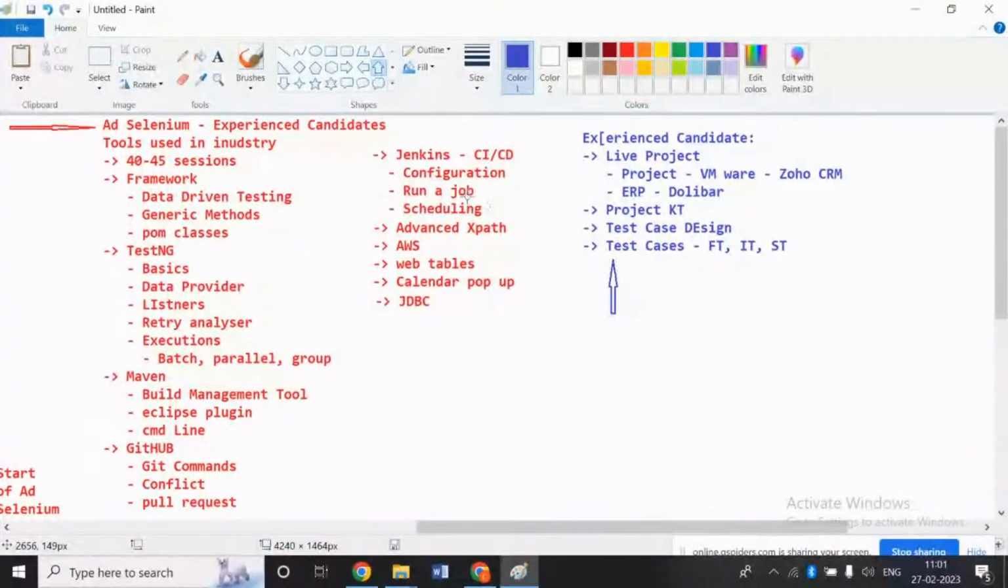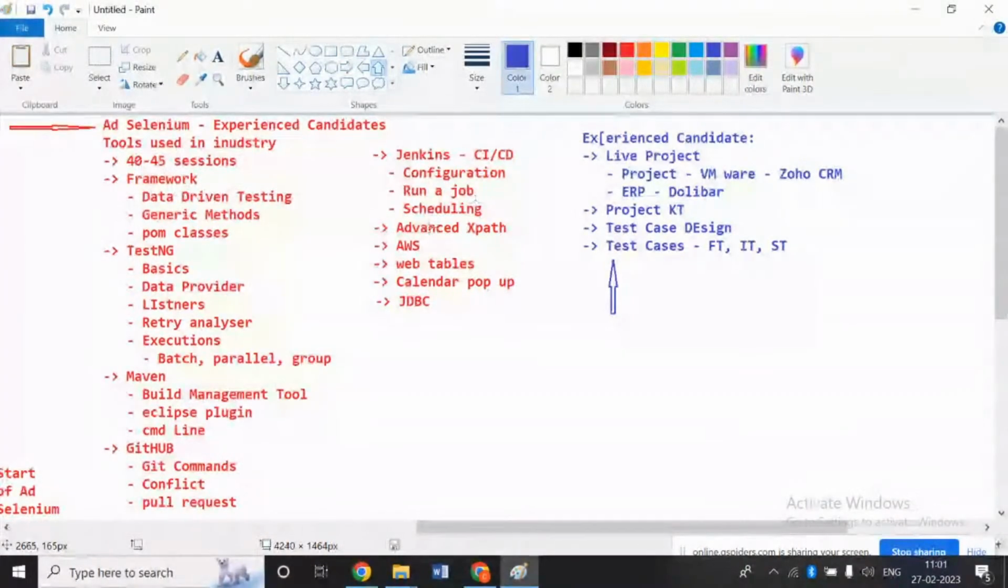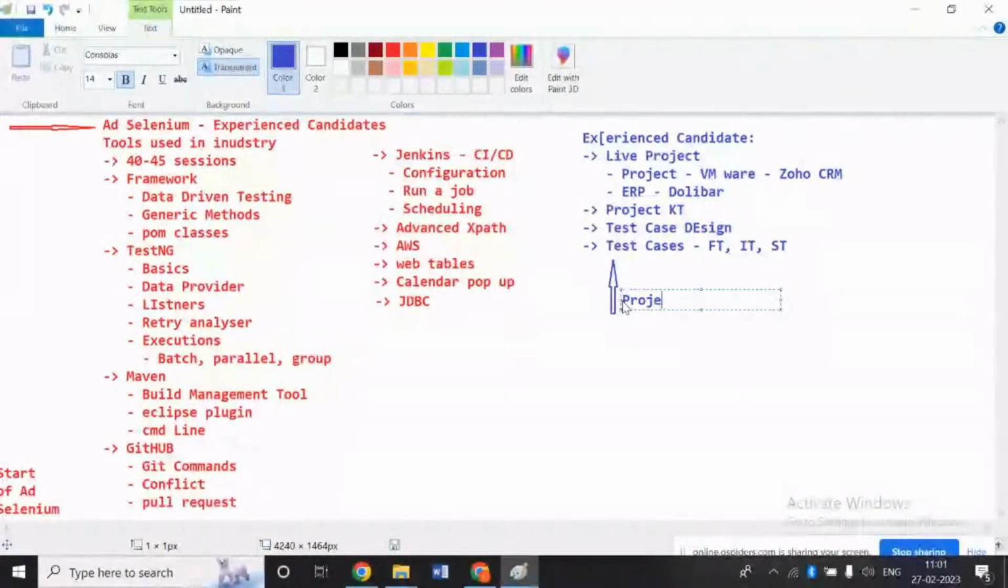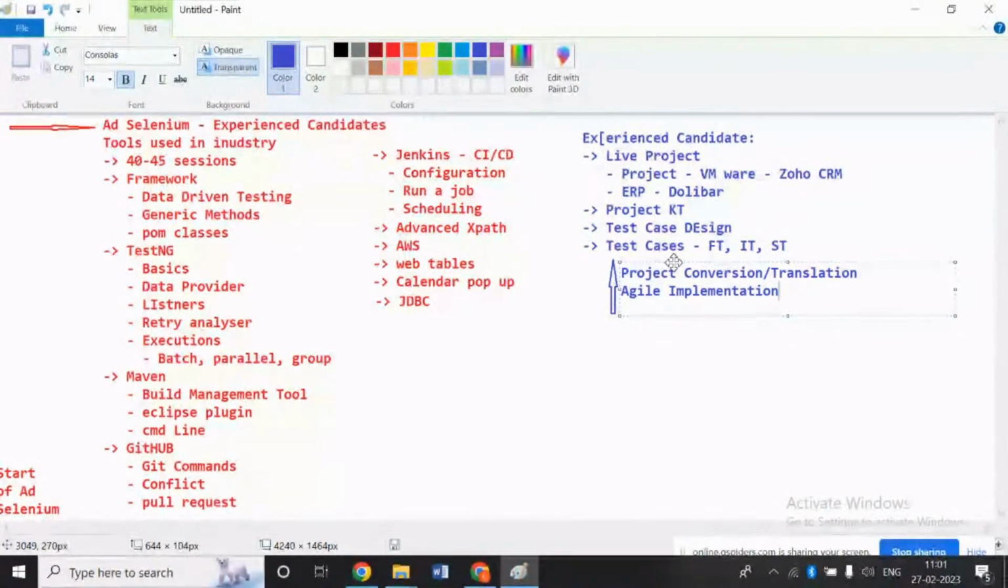With the design, sometimes reviewing everything, all these activities will be done. After that, they will do something called project conversion, or simply translation. In this, they are going to show you, or it might also be like agile implementation. Whatever the name might be, here they are going to show you